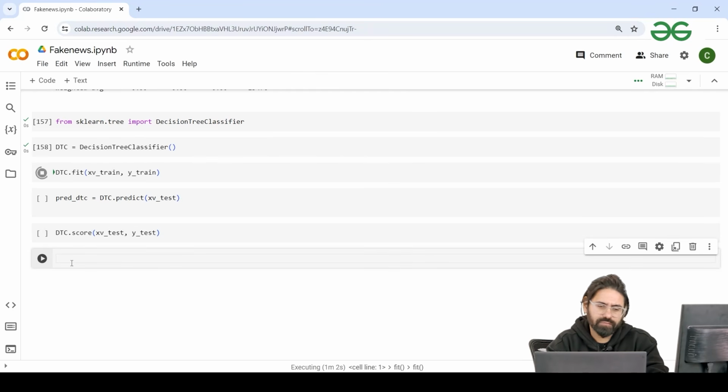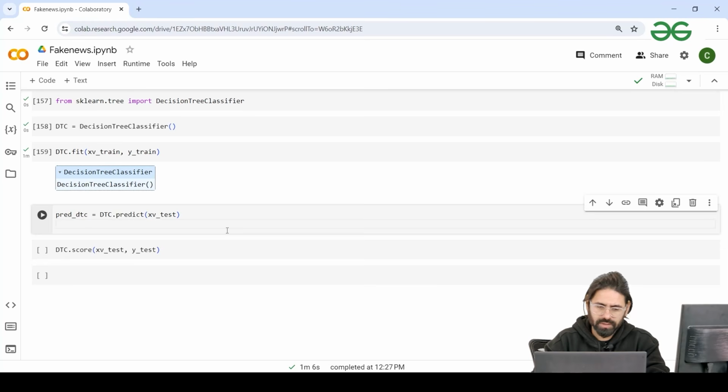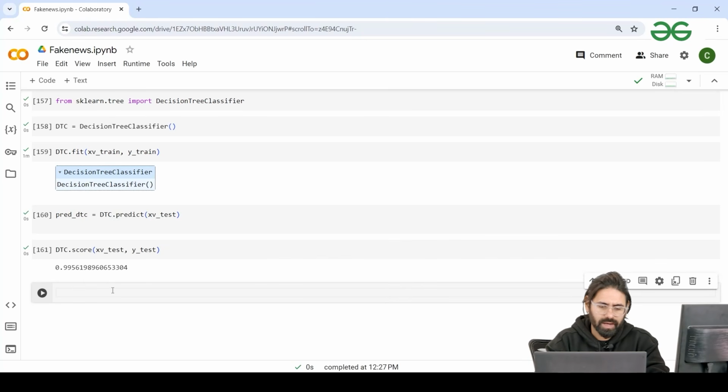Meanwhile, I'm writing the following code, and I would run all of them at once. So yeah, it's being trained. So this is the prediction. This is going to be the score, and now over my test data and classification report, print